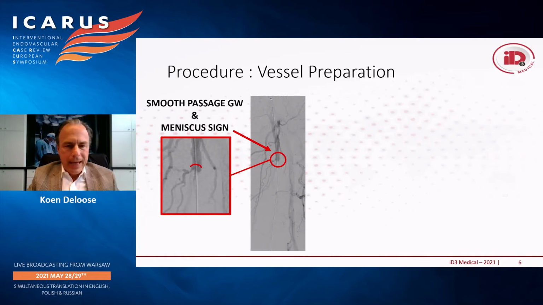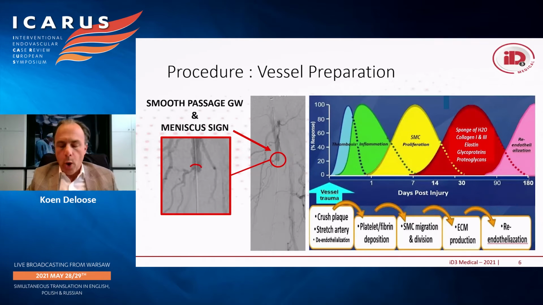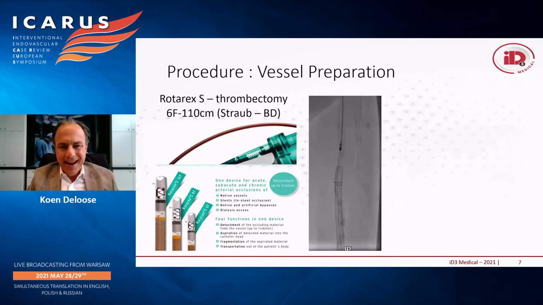Interesting to see, if you look carefully at the angiography, you notice that there is a kind of meniscus sign, and this combined with the smooth passage of my guide wire decided that, and we all know this, also in this case it is a very heterogeneous plaque lesion with a combination of platelet deposition, fibrin deposition, smooth muscle cells, but also an extracellular matrix production, what is present over there, what was reflected by the very tight zone. So a very heterogeneous plaque, and because of this, I decided to do a debulking first, or